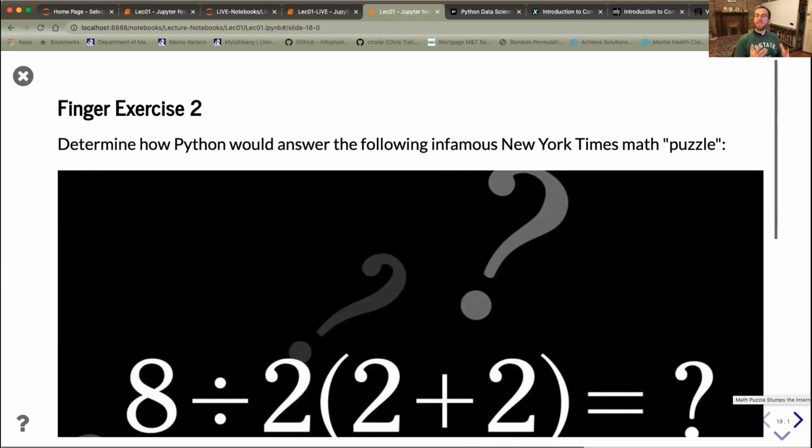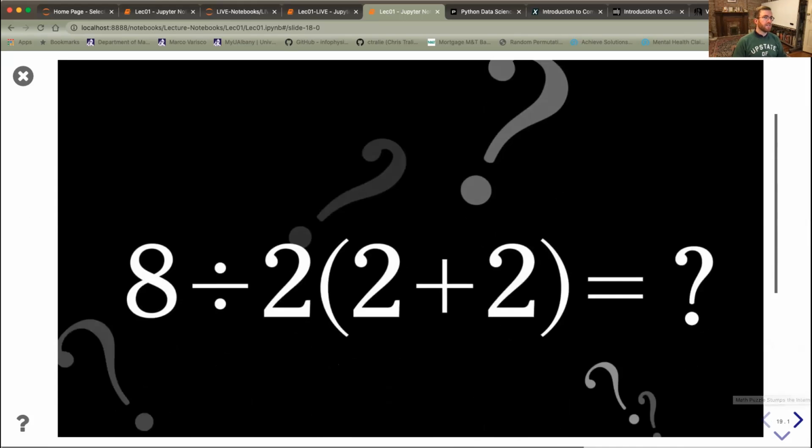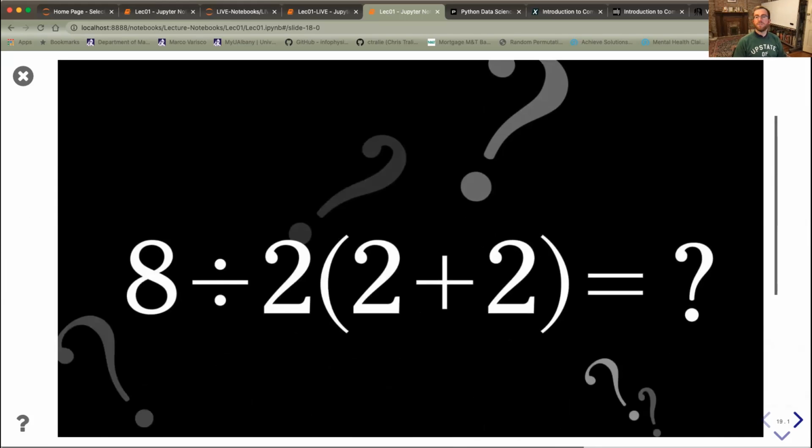So let's see, yes. So part of this issue of how to syntactically express basic equations in math actually had a recent revival in a New York Times math puzzle that maybe you'll see on Facebook or other parts of the internet where people debate, what is this expression equal to? So 8 divided by 2 times 2 plus 2. So you can think for yourself for a minute, what is that equal to? Well,